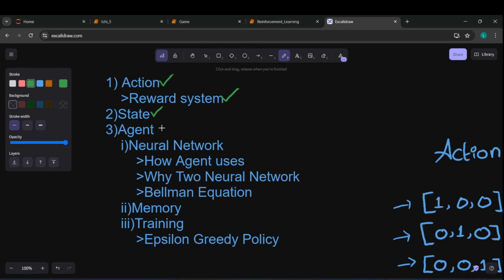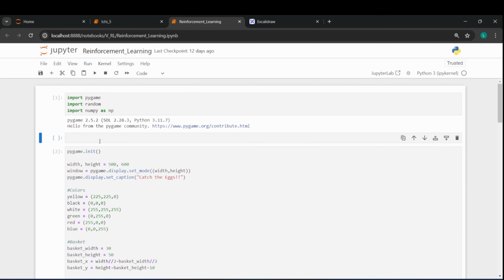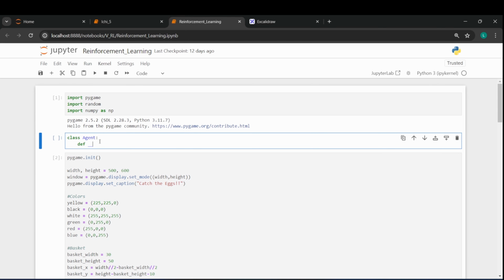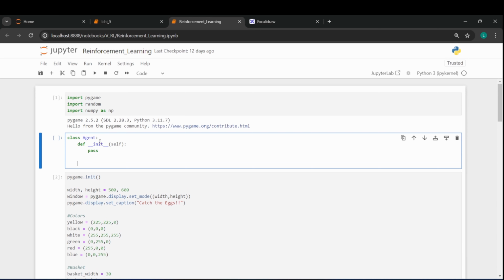Now let's dive into the agent. Okay, let's start creating the agent. I'm going to define a class named agent, so I'm going to write class Agent, and let's define the init function, __init__ self. For now I'm going to write pass here, later we will initialize all the variables when we need them. And remember that in each loop we hard coded the action, but later, once the agent is created, we will give a state to the agent